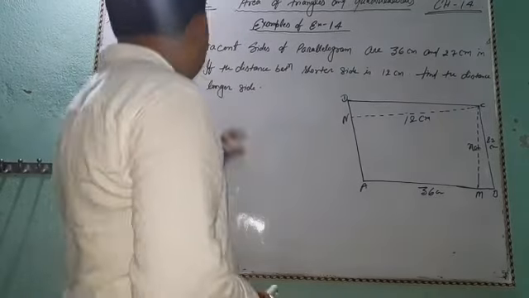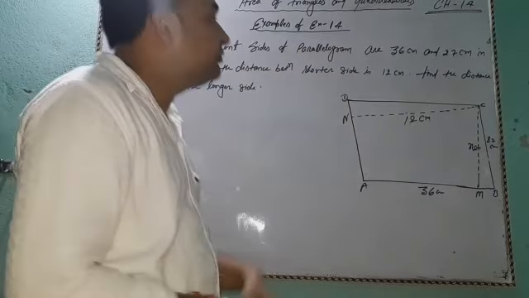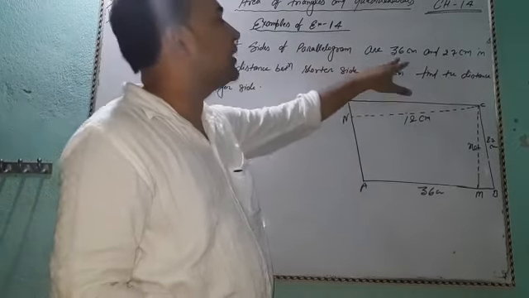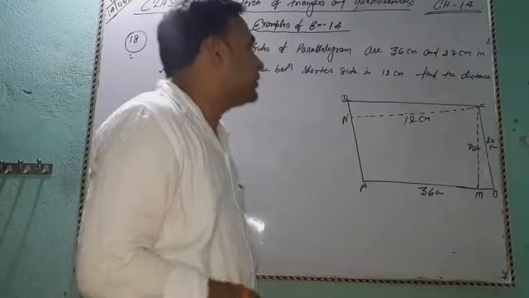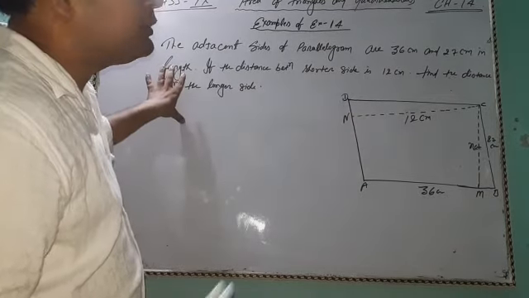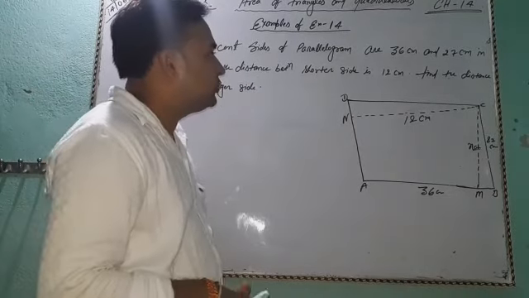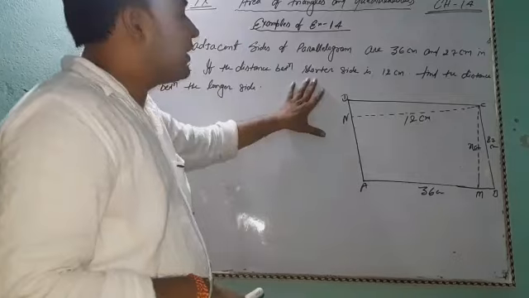Students, next question number 18. The adjacent sides of a parallelogram are 36 centimeter and 27 centimeter. Okay, 27 centimeter in length. If the distance between the shorter side, so shorter side of students,